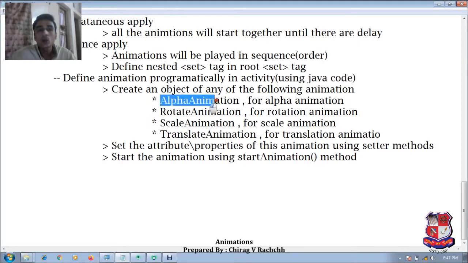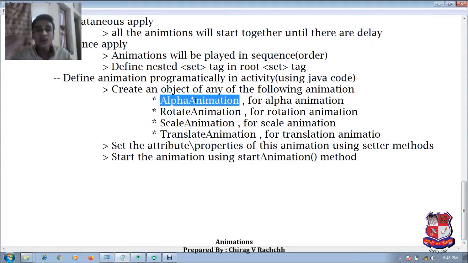If we want to implement alpha animation, which is for controlling the transparency of an object or a view, where 0 represents fully transparent and 1 represents fully opaque, the values between 0 and 1 change the transparency in order. The class available is AlphaAnimation, which can be used to define alpha animation.